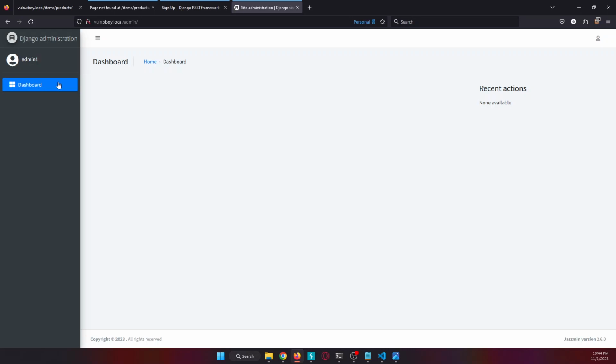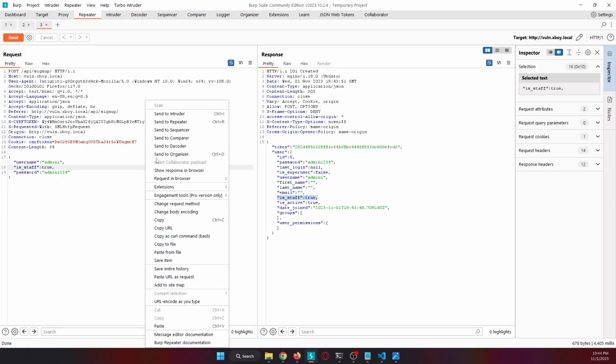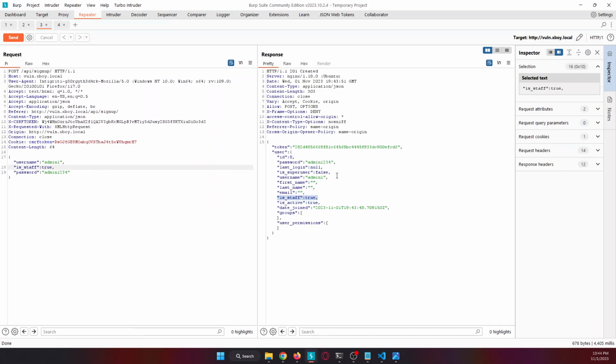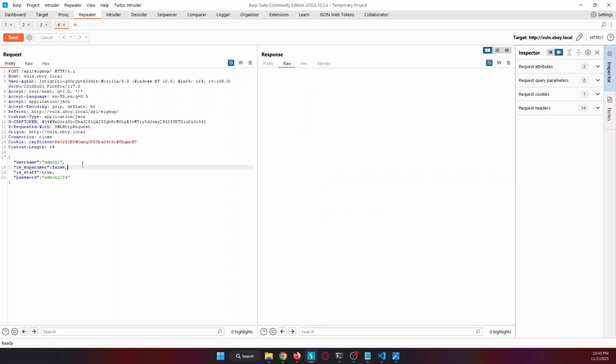So we have moved from not having any sort of access to having some staff access. So if there was something here, if the staff had something like they could control some things, we would see that. Now the next thing that I did was I asked myself what if we could turn ourselves into an admin, and to do that I decided to try to change the following,